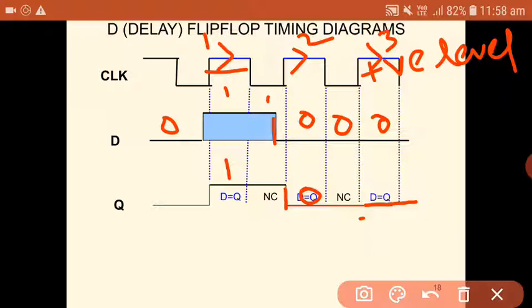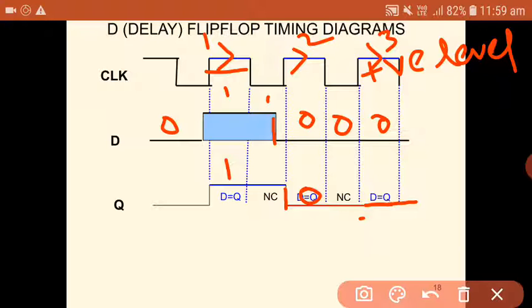So now here I am considering positive level triggering clock, which is applied to the D flip flop. Positive level triggering means whenever the clock pulse is high, during the time interval of high clock pulse, whatever input changes are there at those durations of time, all those will be reflected in the output. So whatever the input is there, that will be reflected in the output during that instance of time.